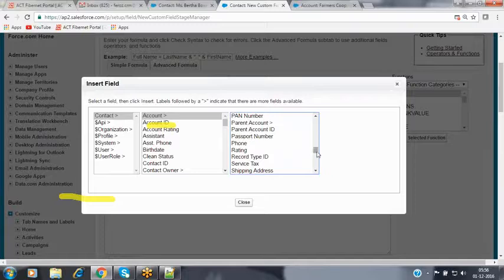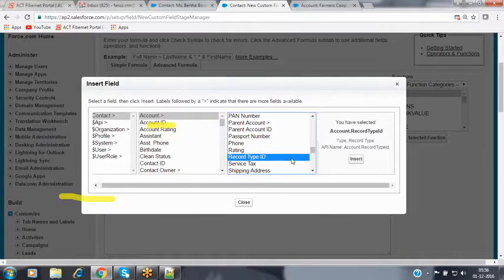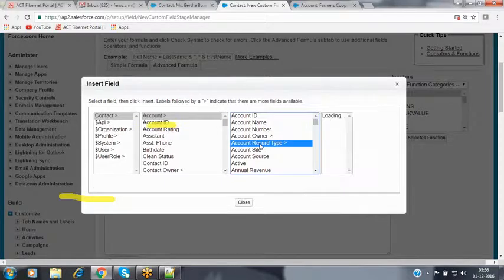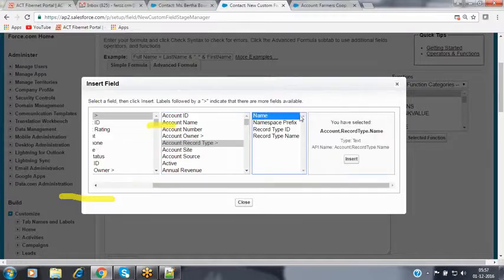So now this is a record type ID. If I'm selecting this field, what happened? Just the ID will be getting visible to you. But I don't want to make the record type ID visible. I want to know the record type name. So at that time, this account object is associated with an object called account record type. Nothing but I'm going to be traversing from one object to another object here. Now select that account record type. In that account record type, you will be having a field called name.